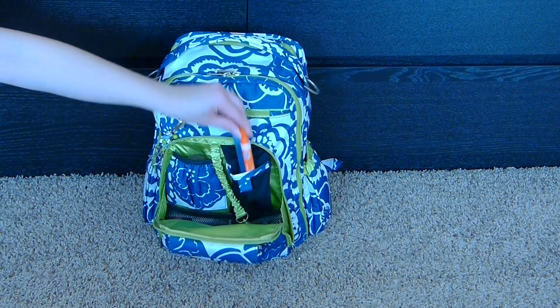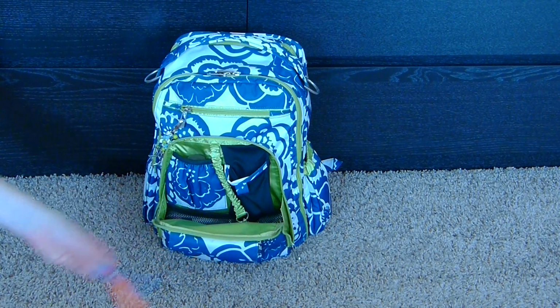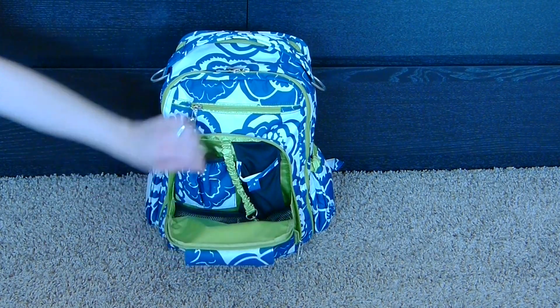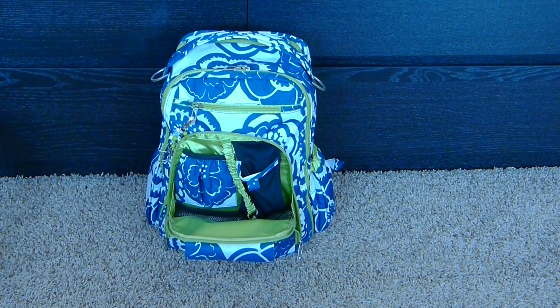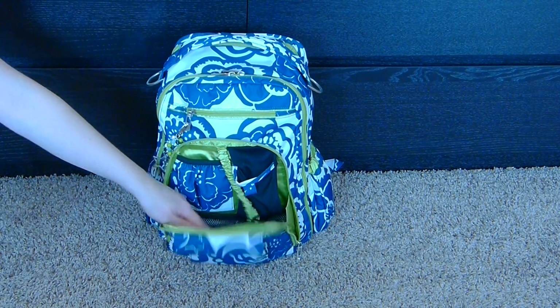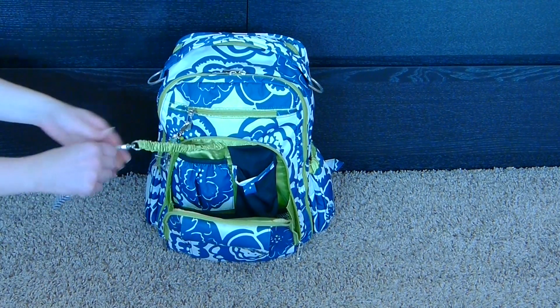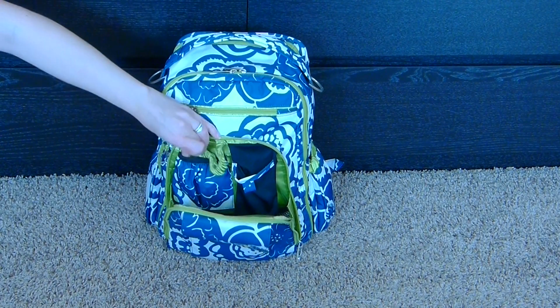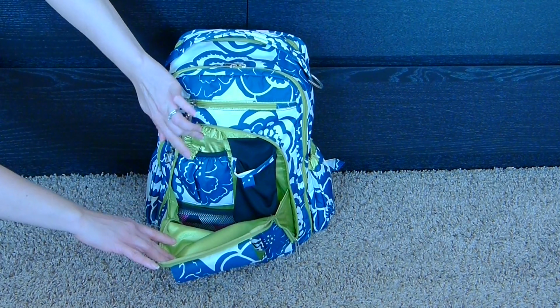In the sunglass pouch here, I have just a regular pen. There's this little elastic pouch that matches the print of the bag, and I have my hand lotion and my lip balm. Then on the key leash, I always keep my wallet, just to keep it a little more secure. And then at the bottom, there is a